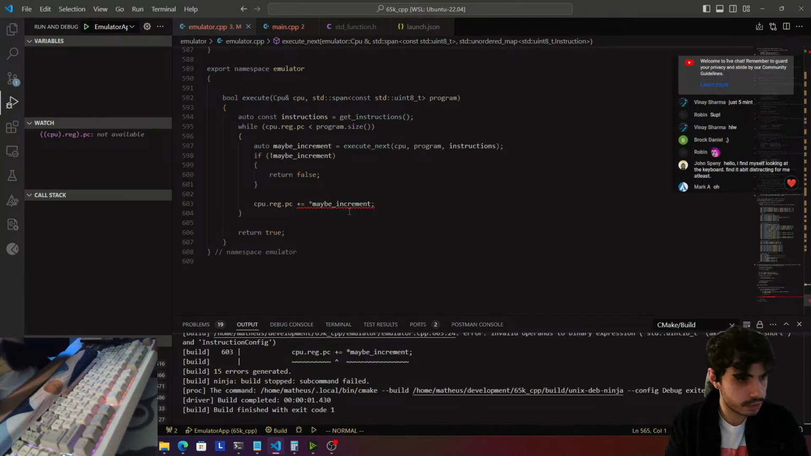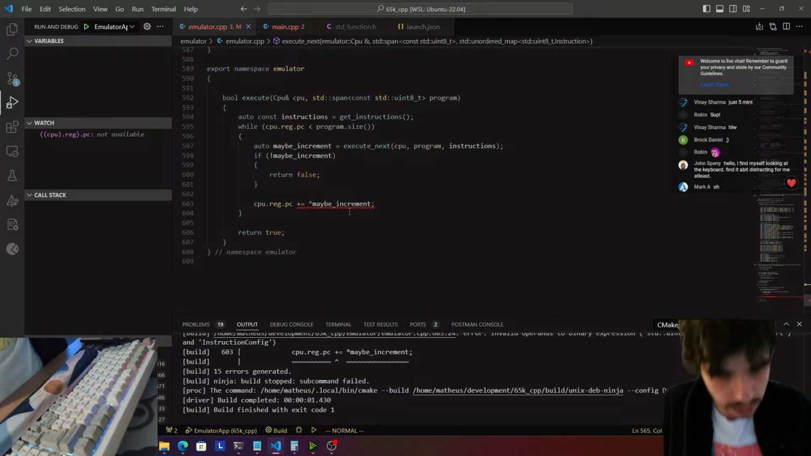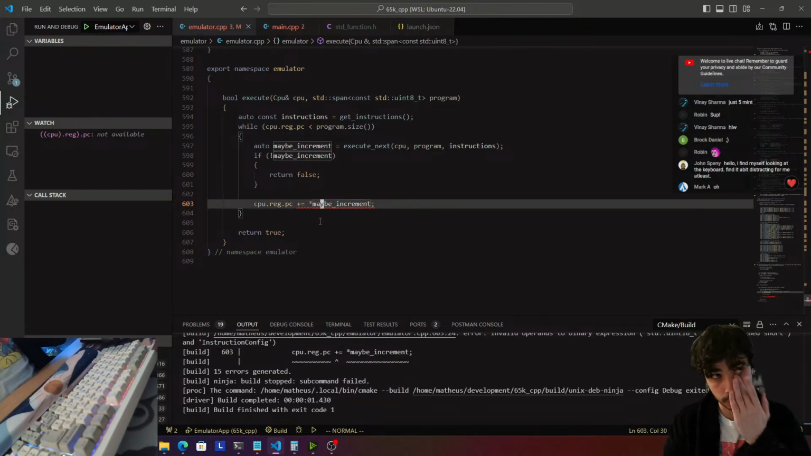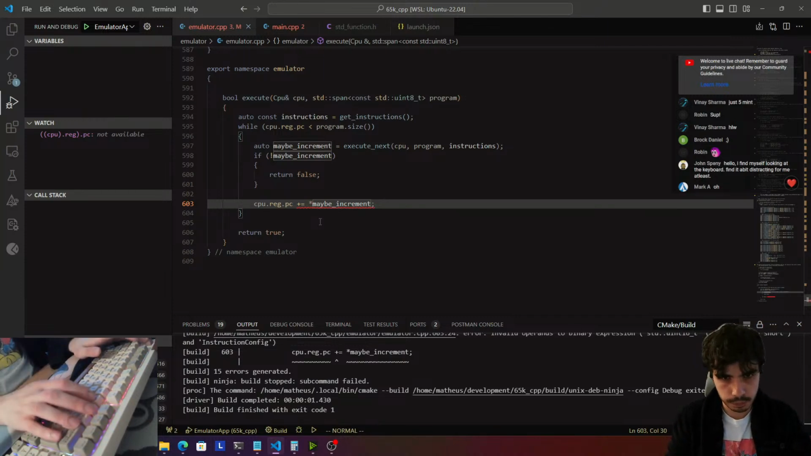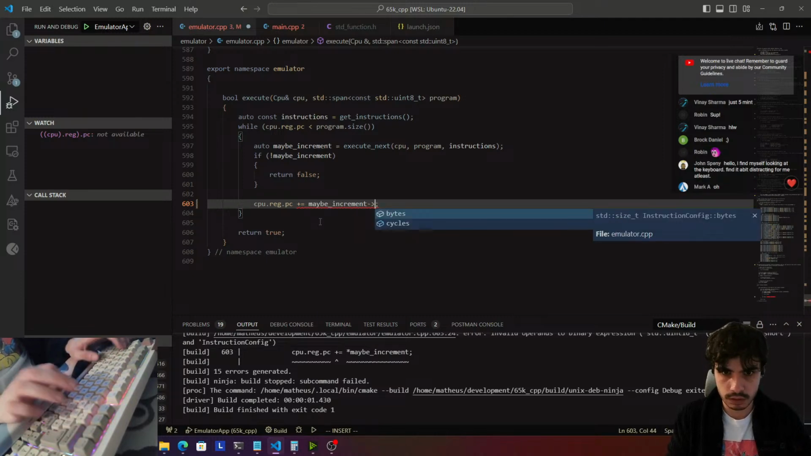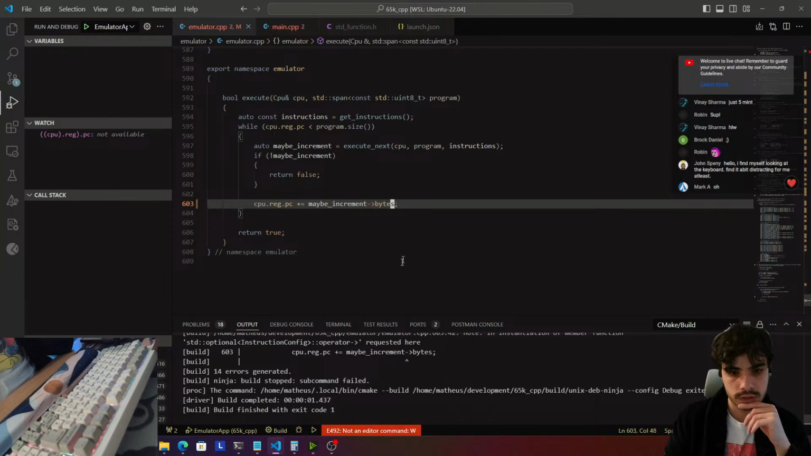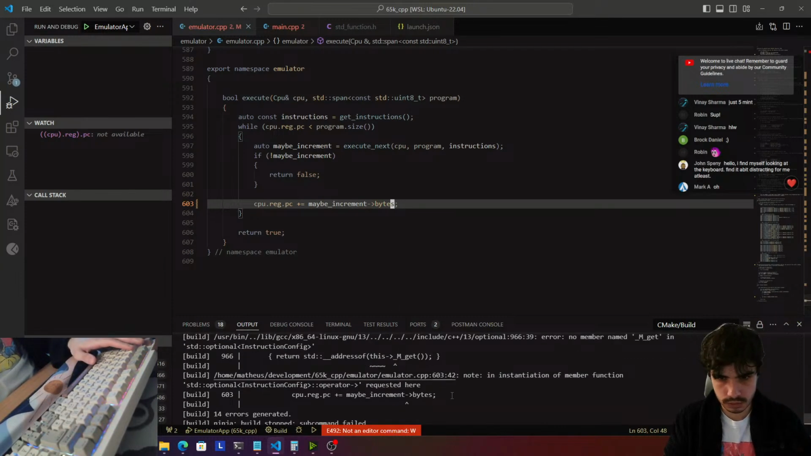Yeah, as I said, I was still expecting some issues when we actually kind of increment the PC here, because the program counter needs to access the bytes read, right? Because we want to kind of increment the program counter by however many bytes we've consumed for a particular operation. So that's what we're going to do here. And in this case, we have maybe increment bytes. Okay, so we still, what's the issue? No instantiation of